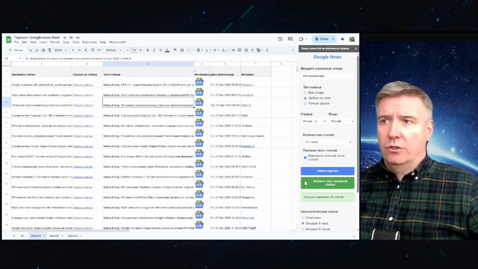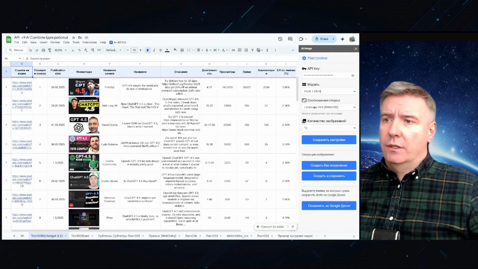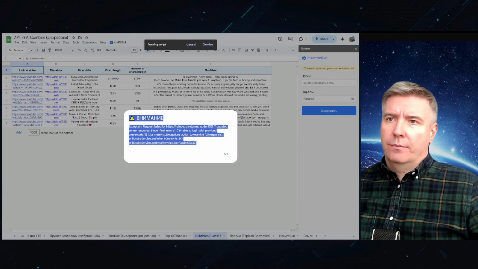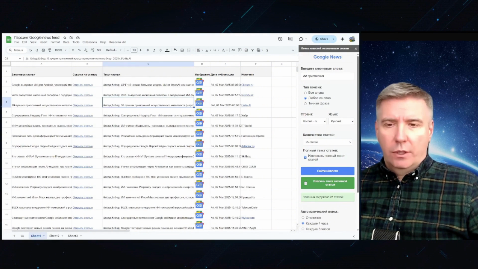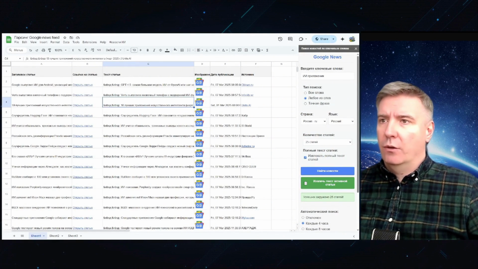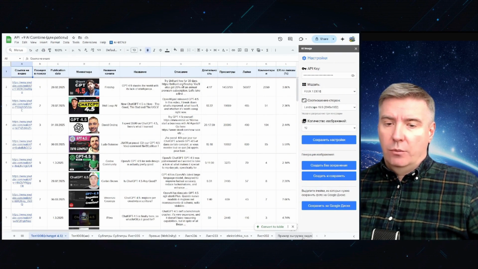There are a lot of functions, as you can see. Let me show you some of my favorite features. It's picture making, because picture making is probably one of the most complicated things for Google Sheets, since Google Sheets is designed for text. However, you can not only collect texts, but also create images. Let me show you